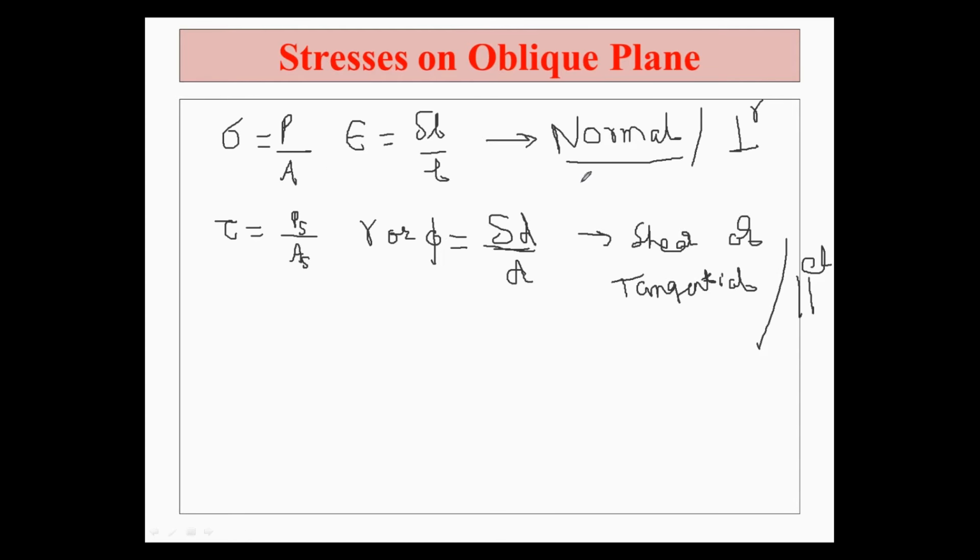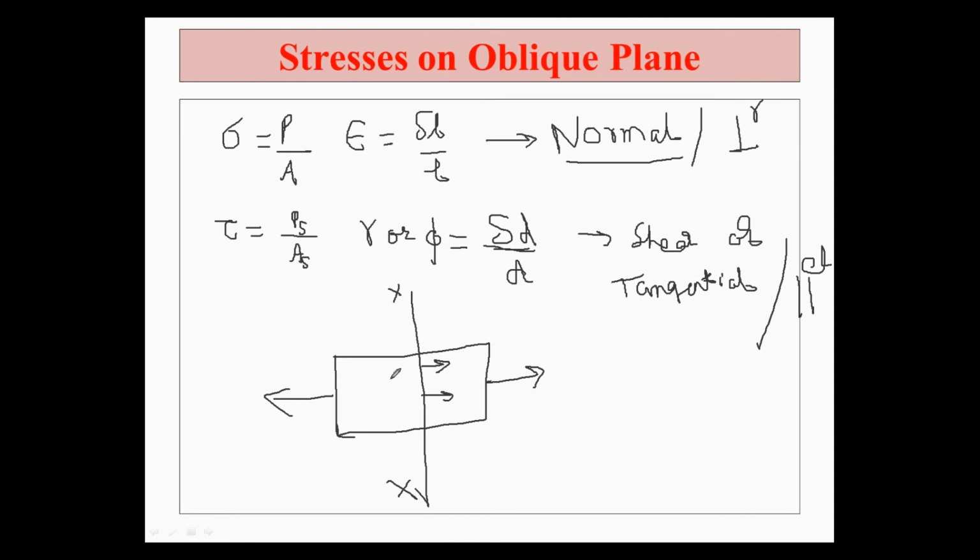Okay. So the first one is the normal stresses, which is perpendicular, and the second one is the shear or the tangential, which is parallel. Suppose it is a body and a load is being applied over this in this fashion, let us say the cross section is xx. In that case this will be a kind of stress which is perpendicular, that is normal kind of stress. Another case may be the